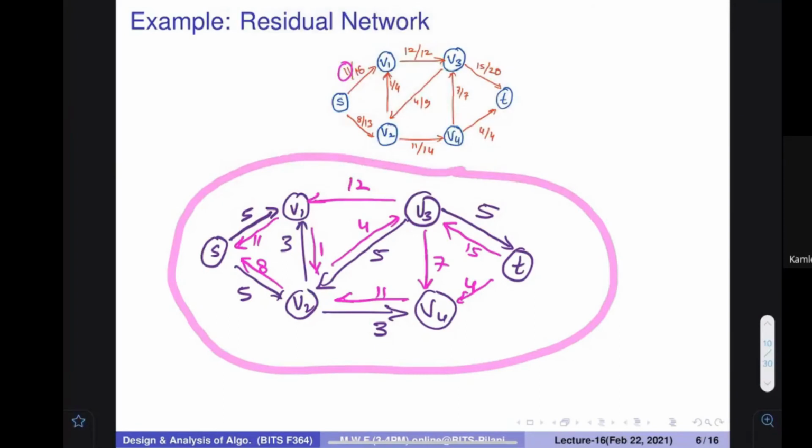Okay. So an augmenting path says: can you find a path that starts from S and reaches T? Can you find any path? For example, from here I go here. From here I come here. From here I come here because this is what the link is. Then I can go here. Then I can go here. This is one available path. Can you see that? 5, then 1, then 4, then 5. I can come up this particular way.